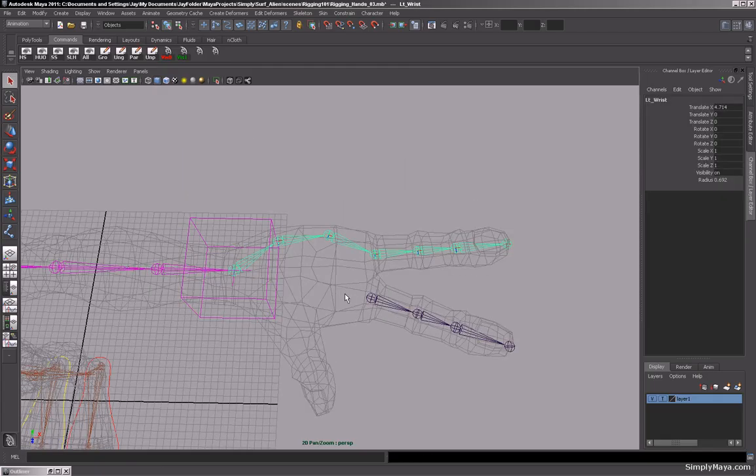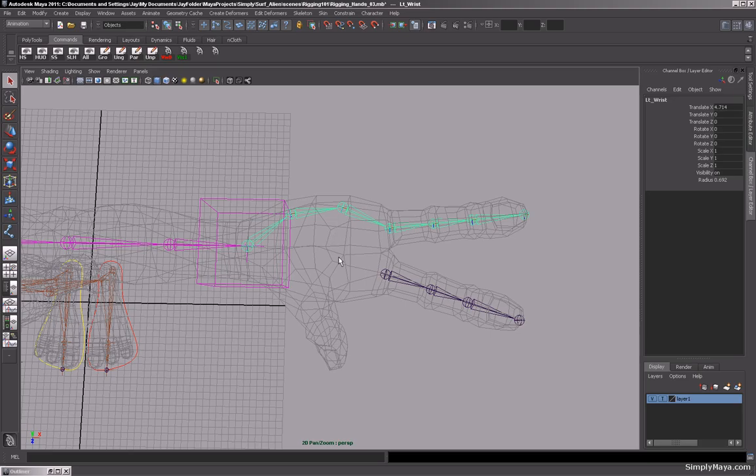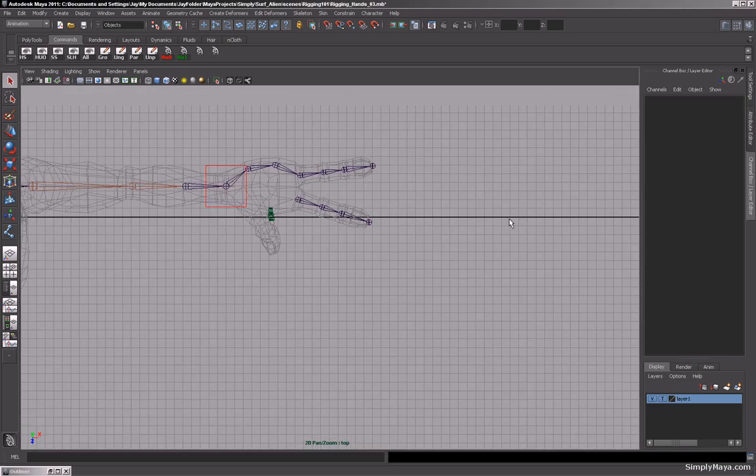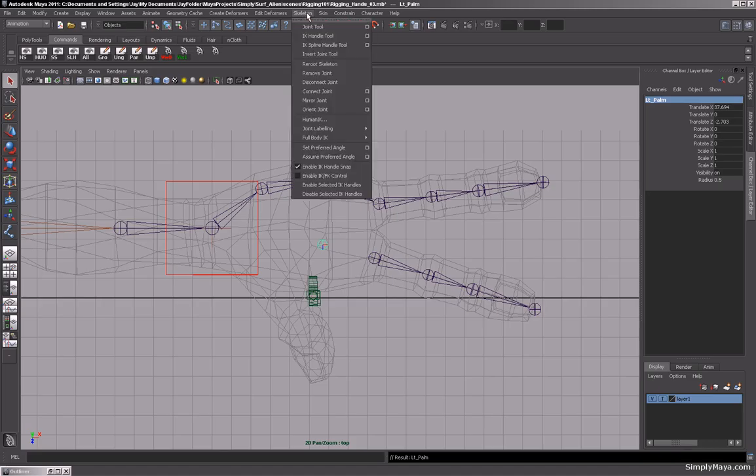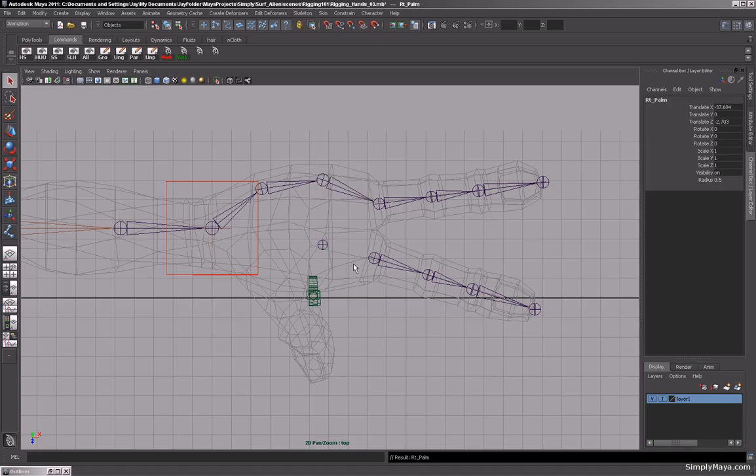Okay, and now we need to do another little joint popped in the middle there, and we'll do that now. So again, top view, grab the joint tool and just drop that in to about there, hit enter, rename that, we'll call that left palm underscore palm. Okay, so that's done, and then again, skeleton, mirror that joint across, so now that's right palm, and actually undo that again,